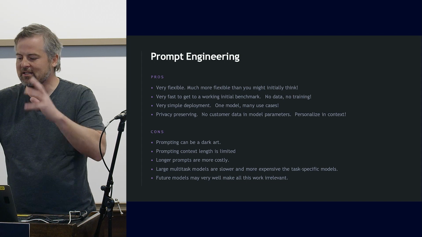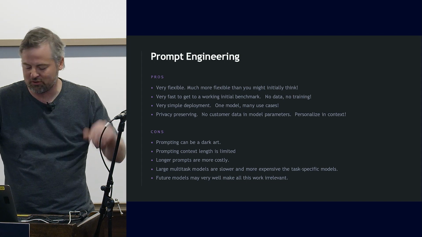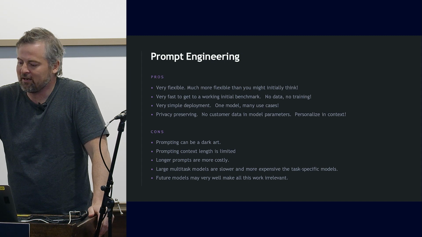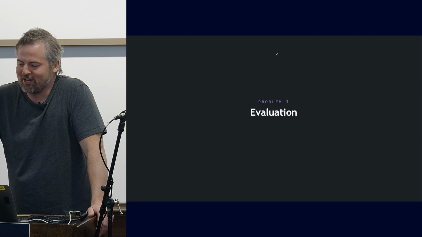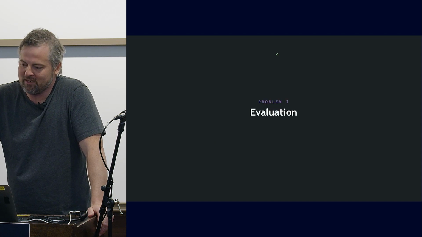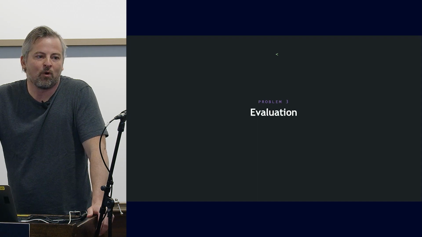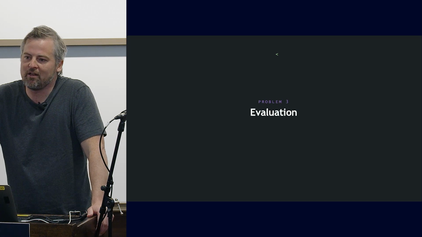The downside is it's a very kind of dark art, and there are millions of ways and hacks and twists to do it, so you can spend a lot of time doing that. Which gets to the third challenge, which I want to talk about with five minutes remaining, which is evaluation. Given that we're in a world where we're going to have to do a lot of prompt engineering, the question is how do we evaluate? And there are a lot of different ways to evaluate.